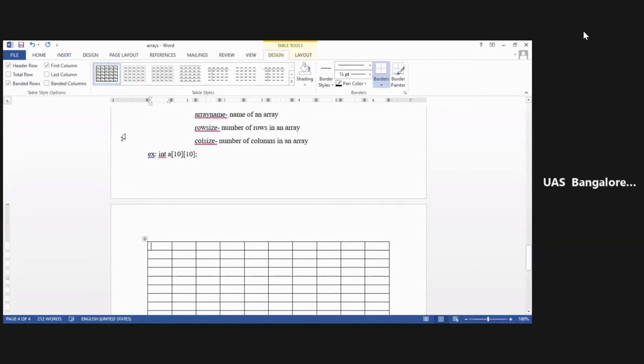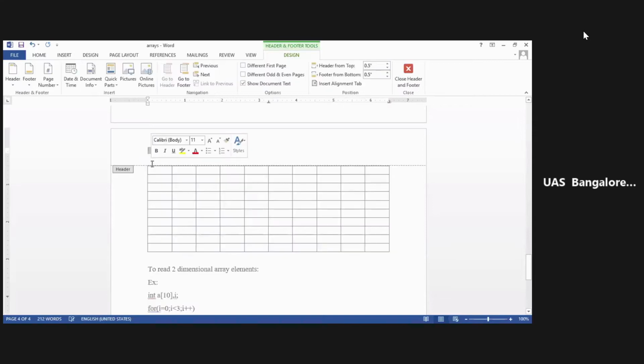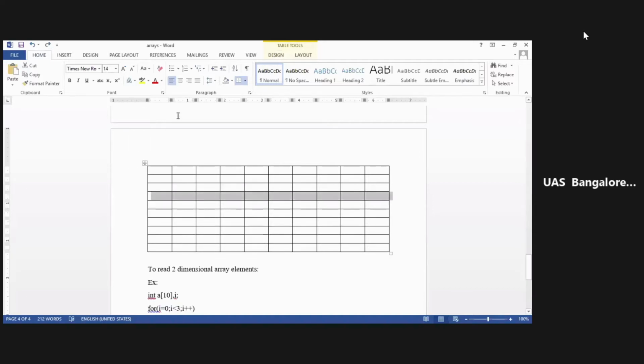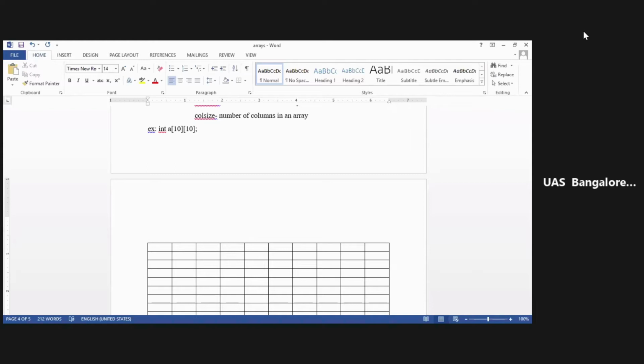When this is executed, this is how the space is reserved. So 10 rows and 10 columns of space are reserved. Then here the entire thing is A, right? So I will just write here the header.